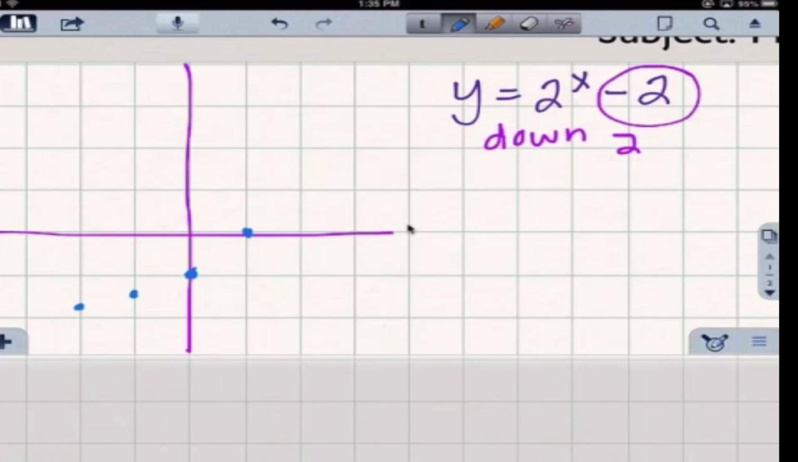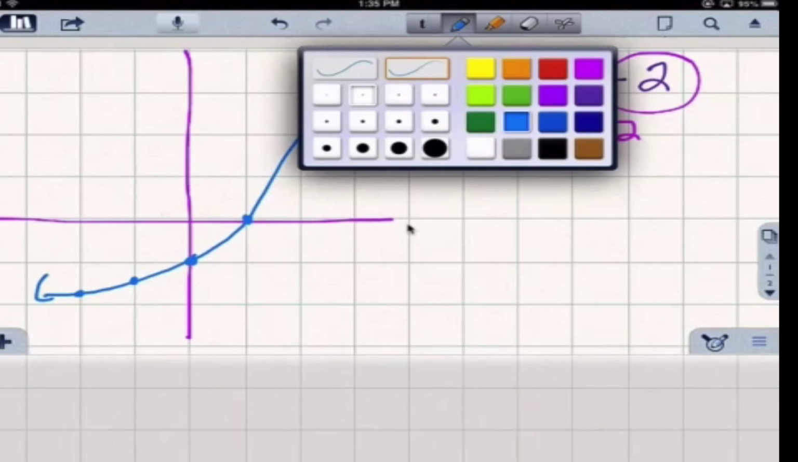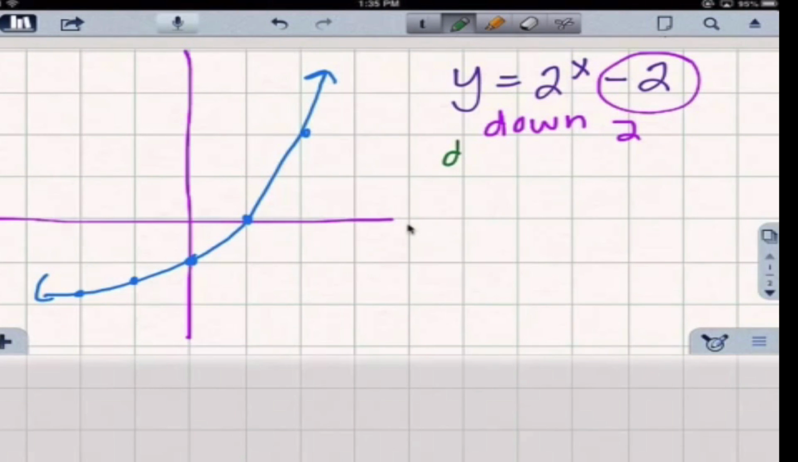We didn't go this far, but if you look at 2 cubed, at 2, 2 squared is 4, so it would go down to 2. And I think this is enough for us to go through. So some things that we notice is everything just moved down 2 spots. And once again, if I forget what all the transformations are like, I can always make an XY chart to help me out. So our domain,